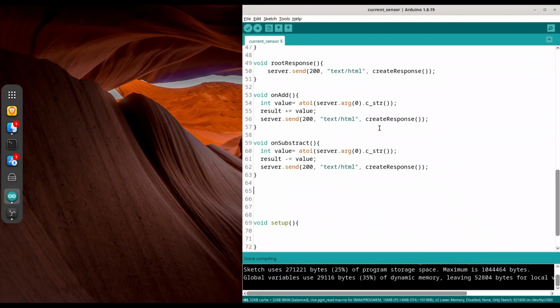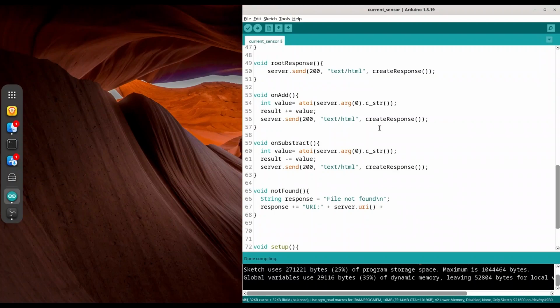And now I'm going to create function void not found. So this function is going to be executed when client make a request for some page that is non-existing. So what we are going to do in here, first I'm going to create string response. First part is going to be file not found, new line, then response plus equals, this is another line, URI column plus server